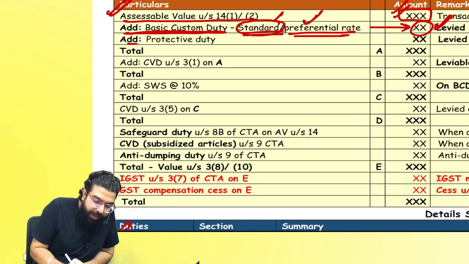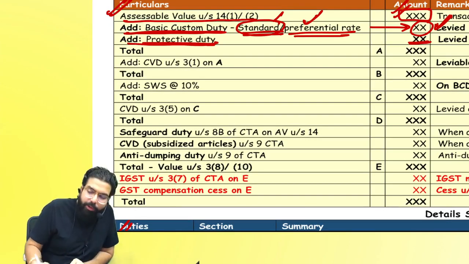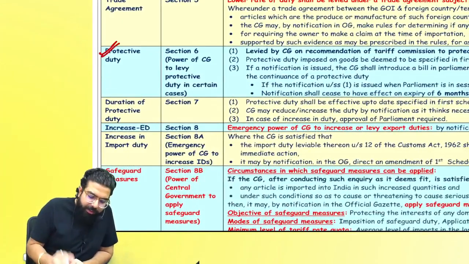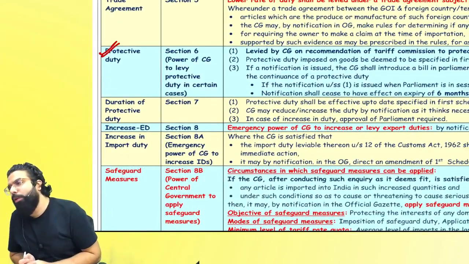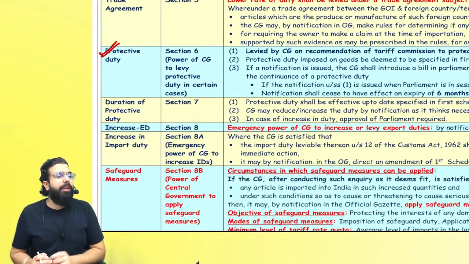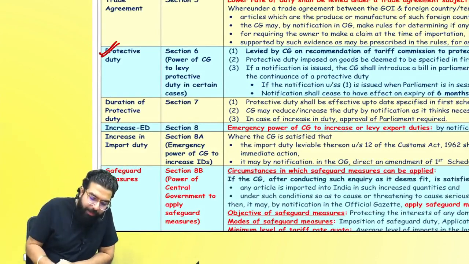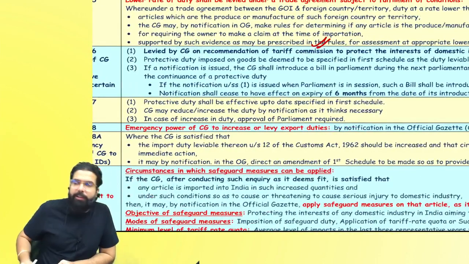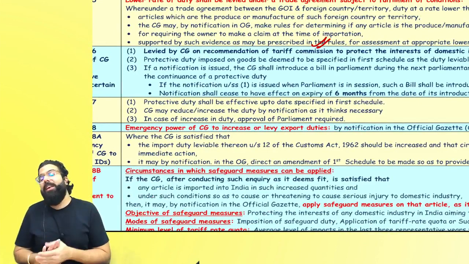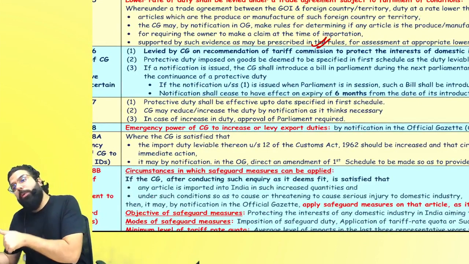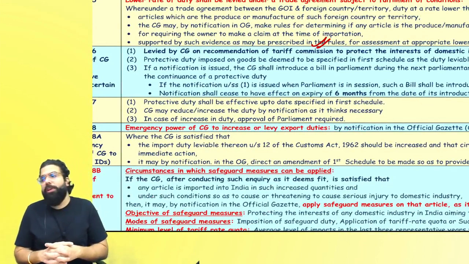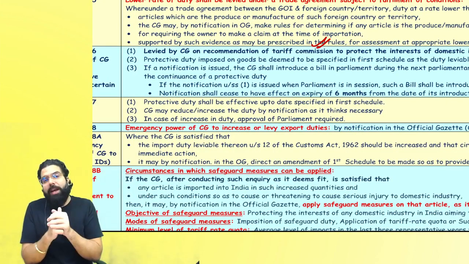The next one over here is the protective duty. Section number 6 of the Custom Tariff Act talks about protective duty. When is it levied? It is levied by the central government on the recommendation of the Tariff Commission, and it is levied to protect the interest of the domestic industry. So basically, if the government says whatever rate is told in the tariff, they have